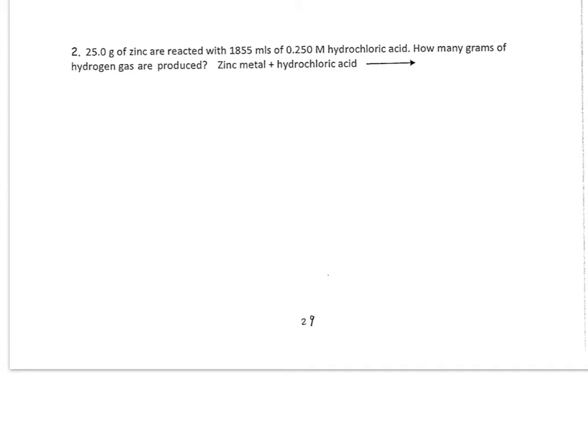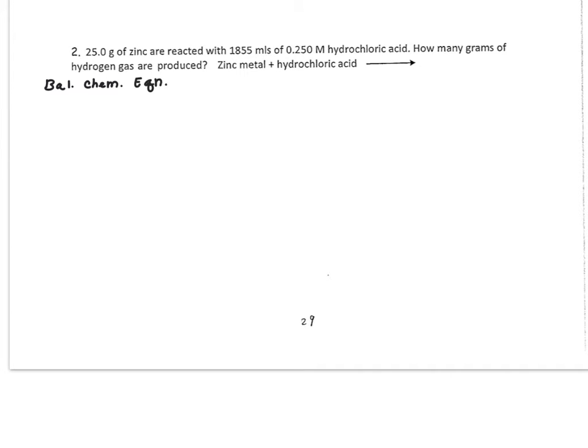In this problem, we have 25 grams of zinc that react with 1855 mL of 0.250 molar hydrochloric acid, and we need to find the grams of hydrogen gas produced. This is a solution stoichiometry problem, and the first step is to write your balanced chemical